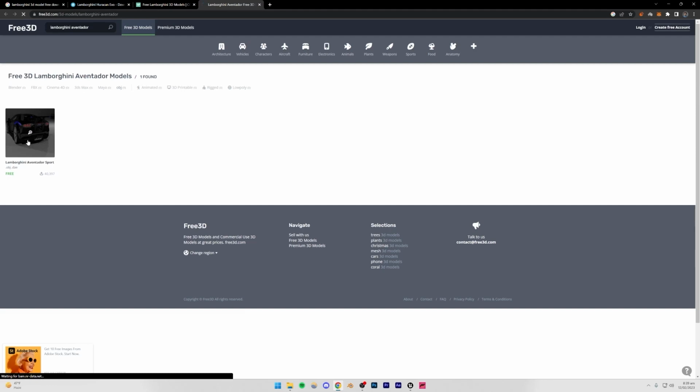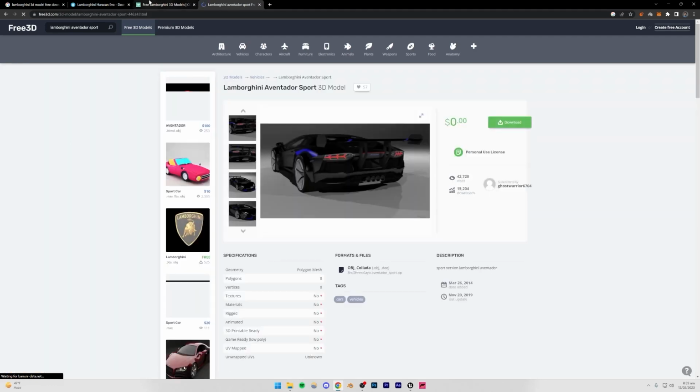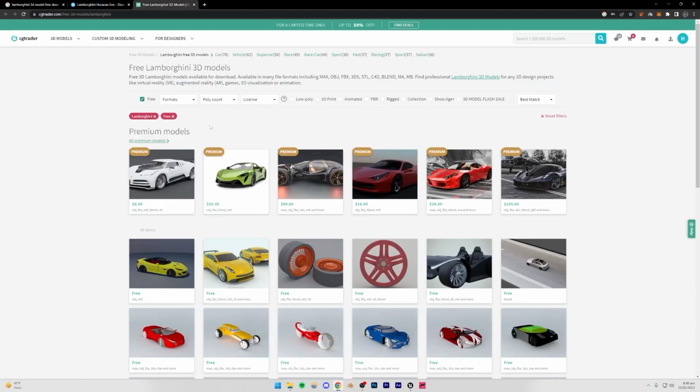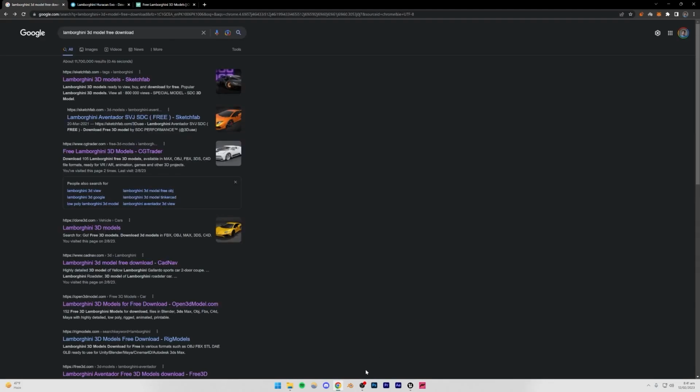And we do have an Aventador model right here as well. Anyway, once you have a model selected, you can just download that. Either download a .obj format or a .fbx format. Those models are going to be the easiest to import inside of Unreal Engine. But anyways, also, if you don't want to download a model from here, you can even use Blender to